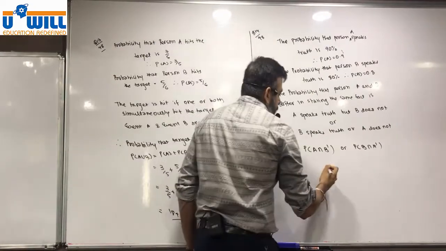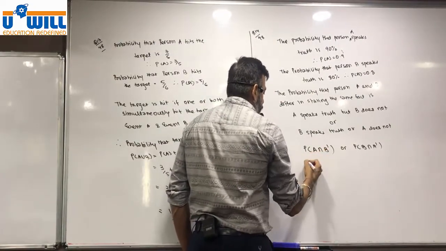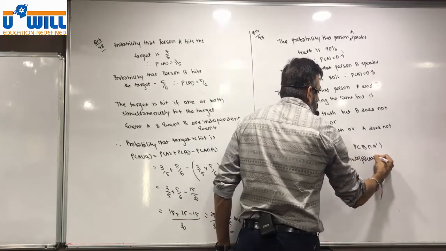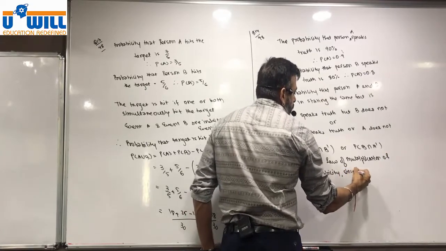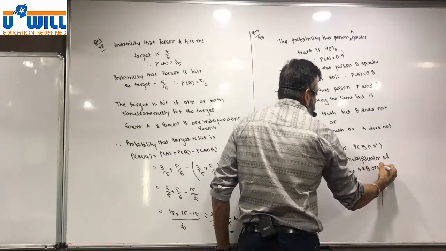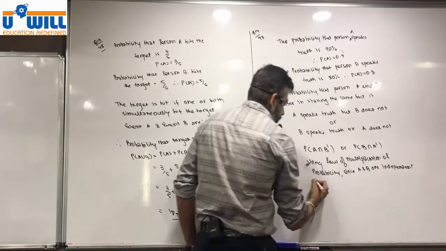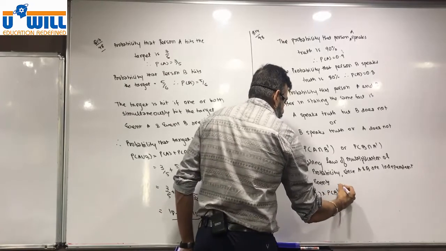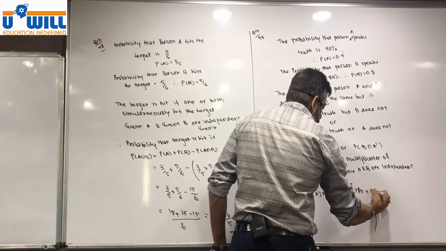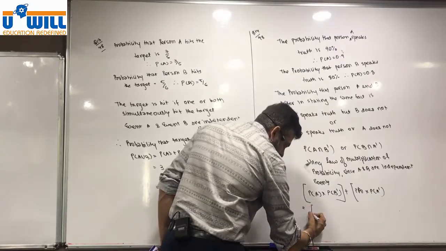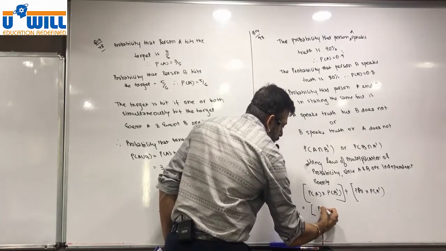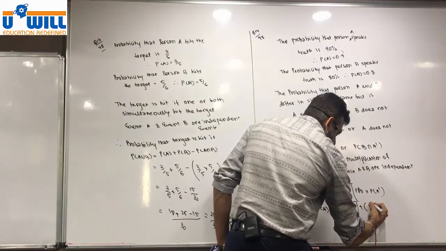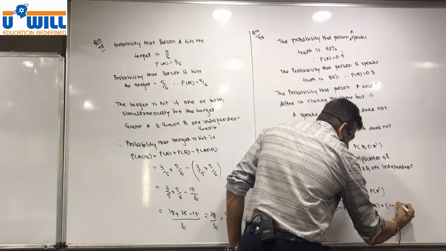So what we'll do is, we write over here, using law of multiplication of probability, since A and B are independent events, P A into P of B complement plus P of B into P of A complement, which is equal to P of A into 1 minus P of B plus P of B into 1 minus P of A,